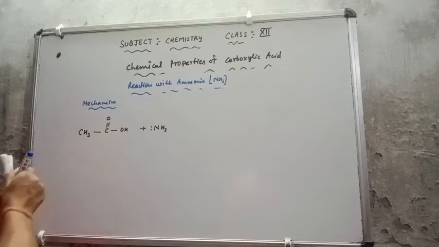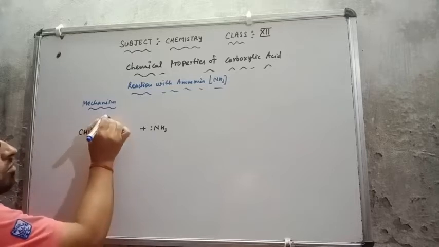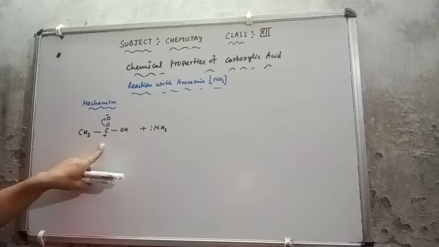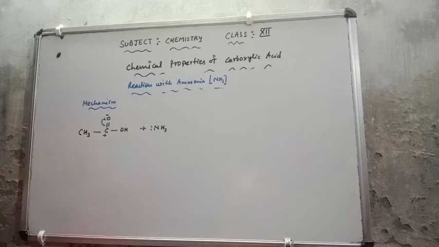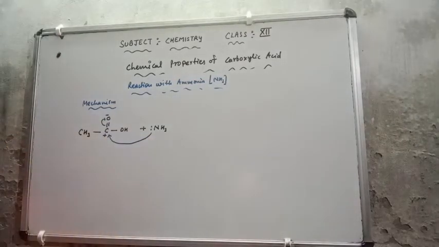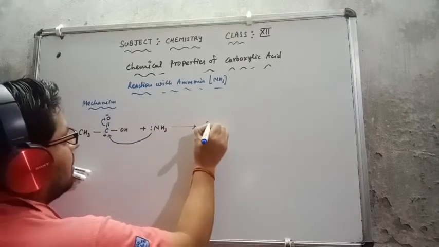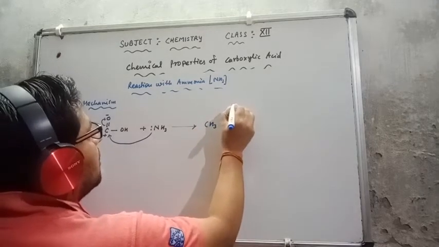So simply I can say that it is getting the positive charge, then the bond will transfer the electron towards oxygen, which gets a negative charge. That means it is electron seeking and hungry. So from where will it take the electron to complete itself? This nitrogen, which has the lone pair, will give the electron to this hungry carbon. As it gives the electron to this hungry carbon, what I get is CH3 single bond C single bond O with a negative charge.